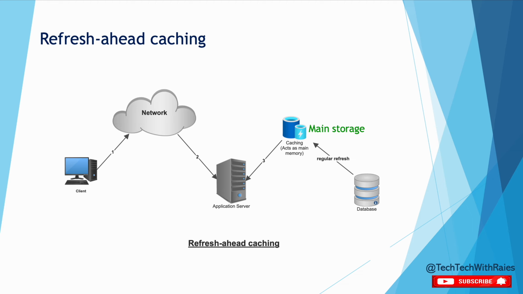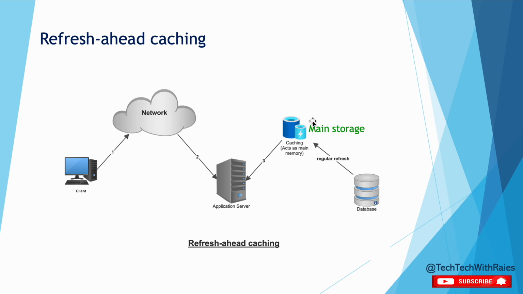In this particular technique, whatever data is in the caching layer needs to be refreshed from time to time from the backend storage, which is the database. Whatever data was written in the caching layer must have some TTL set. When this data is about to expire based on the set TTL, at that time it regularly refreshes itself from the backend database server,